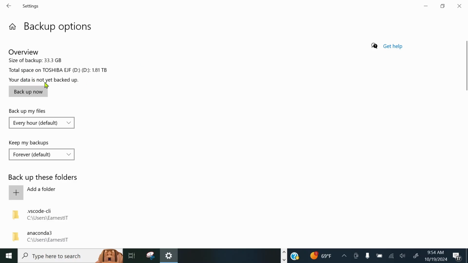Your data is not yet backed up. To do a backup, click on Backup Now. It should perform a backup to this drive. It will back up 33.3 gigabytes worth of information. While this is continuing to back up, let's go to the Microsoft website and see what versions of Windows are